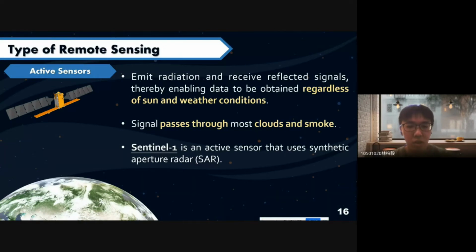And because of the wavelength used, the signal can pass through most of the clouds and the smoke. For example, Sentinel-1 is an active sensor that uses SAR. This is the animation. First, the satellite will send out the pulse and then receive the backscatter. So you don't need to consider the sun and weather condition.